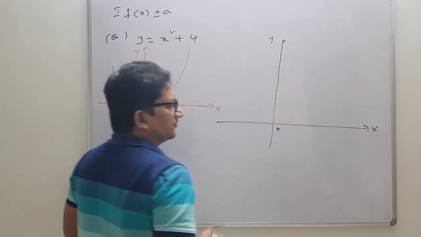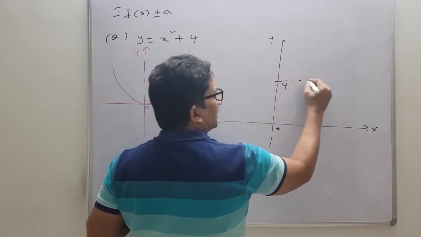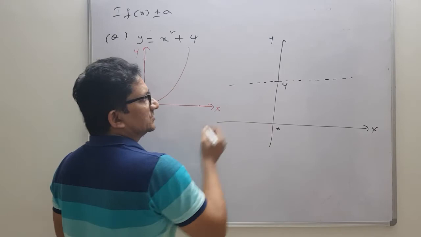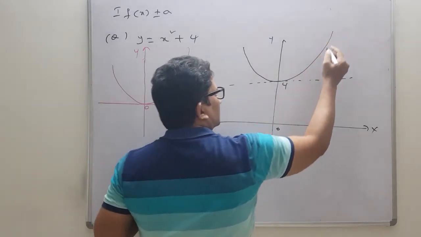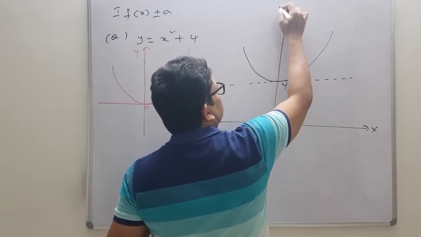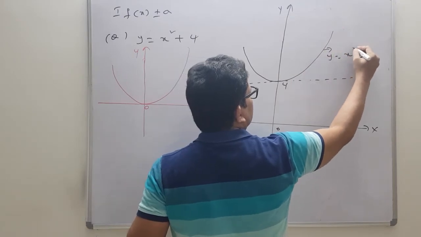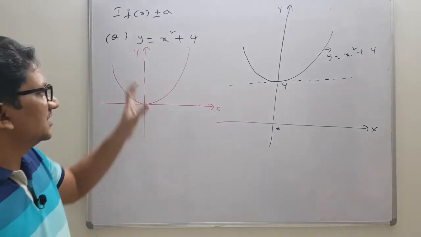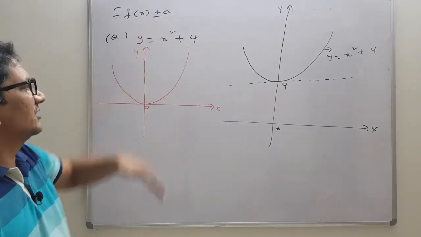So here, origin, where to shift, you take that point somewhere at 4, and here we will build a new axis. So that will be the reference actually. With this reference we will draw the parabola now. So this is your parabola, this axis will go to infinity. And this is your parabola whose equation is y equals x square plus 4. Okay. So that's why always the basic structure should be in mind, based upon that. x square plus 4 we got.